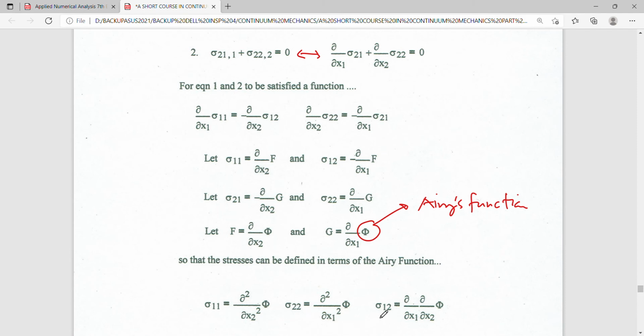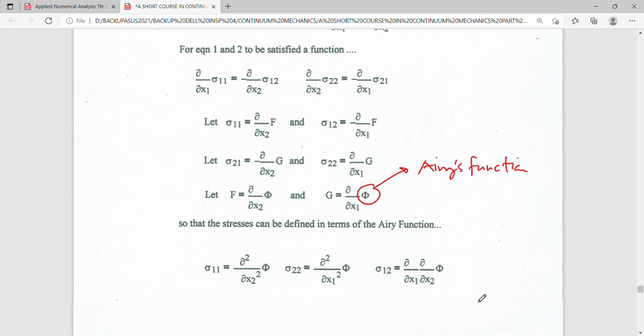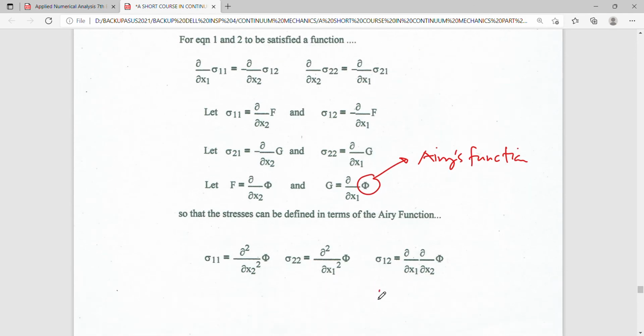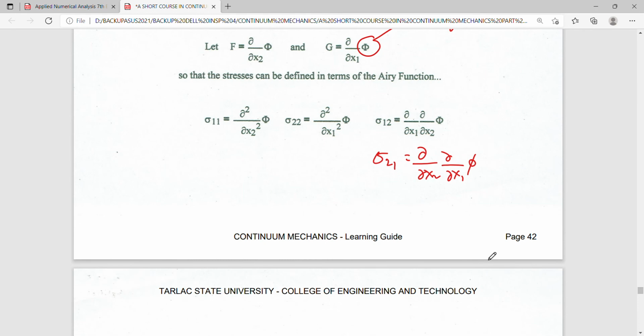And of course, my sigma 1 2 will be a partial derivative of phi with respect to x1 and x2, and just forget the other, so which are just the same, no? So nagbaligtad lang ito, x2, x1, something like this. Okay, so I have now